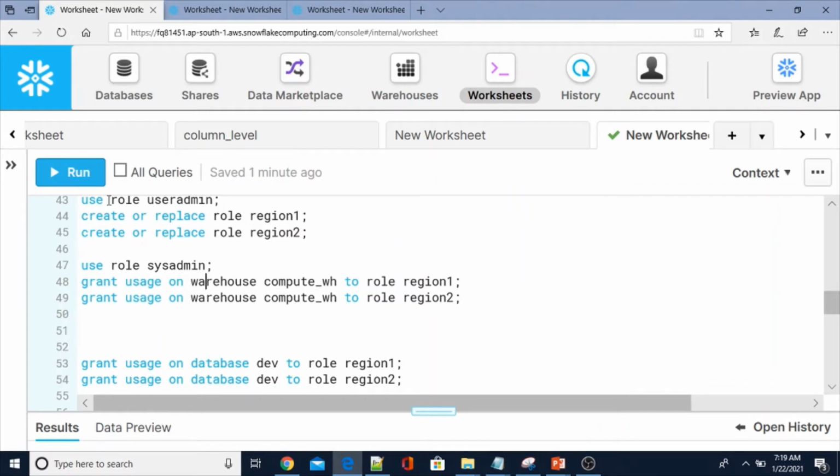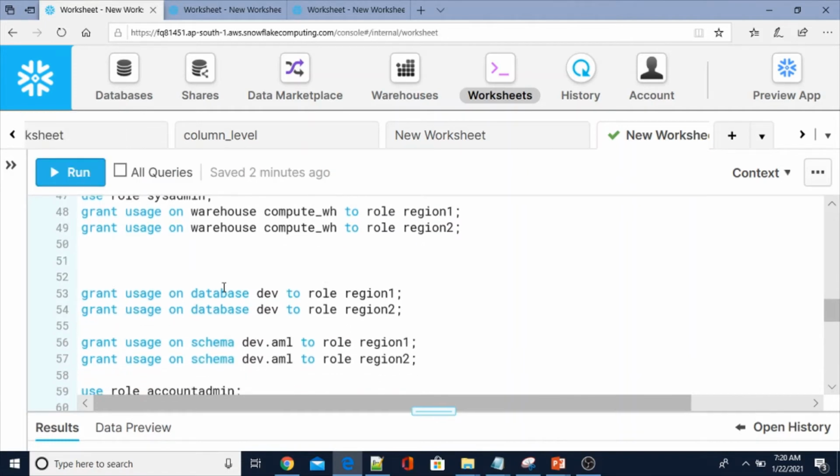That's why I am using the sysadmin role. You can use the account admin also. Okay, let me execute grant usage on warehouse name to role 1. So here roles region 1 and region 2.